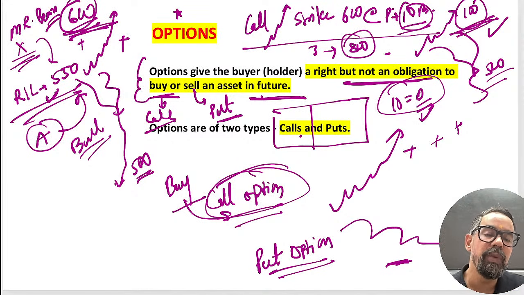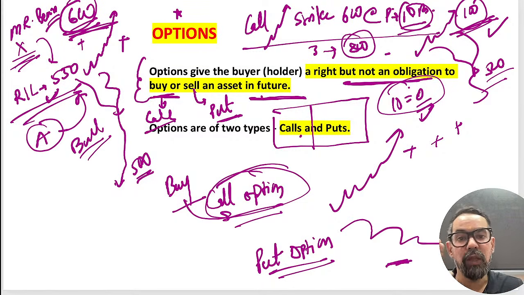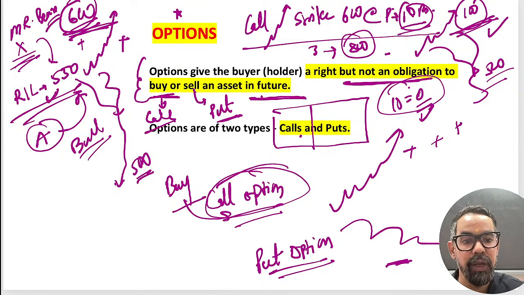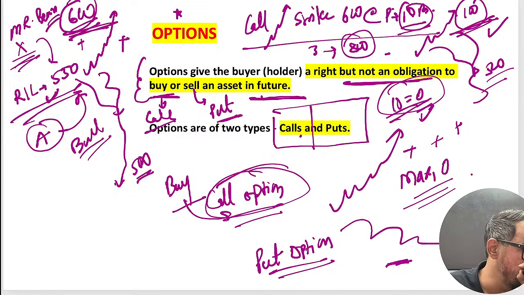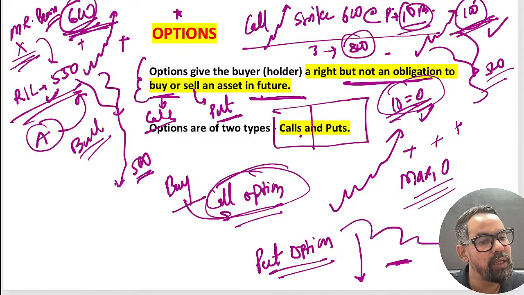So we follow a principle when we buy an option. There is a rule: when you buy an option, whether it is a call option or a put option, you get unlimited profit and limited loss up to the premium paid. This is the principle called max or zero. Now in a put option, when we buy a put option, it means we are bearish about the security, we think prices will come down. So you buy this, and if prices come down you will have a benefit, otherwise it's a loss.